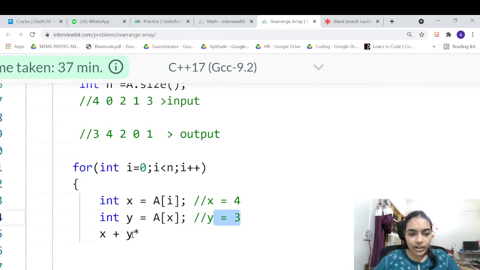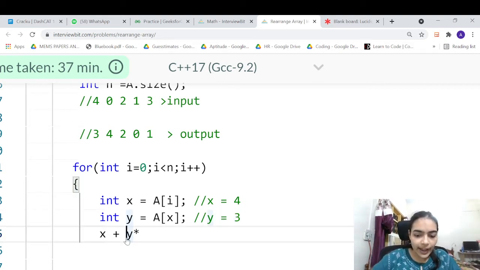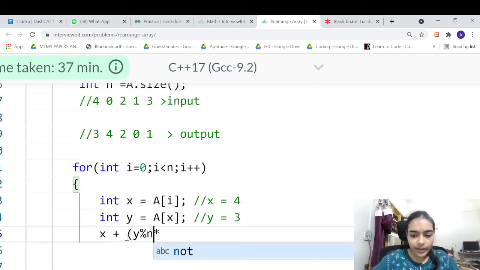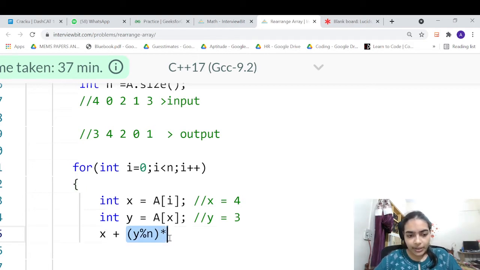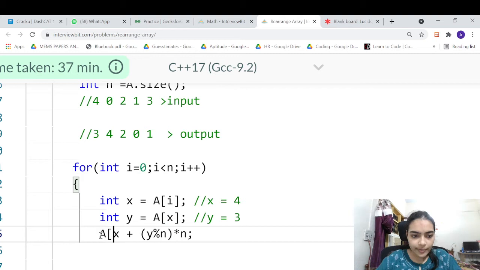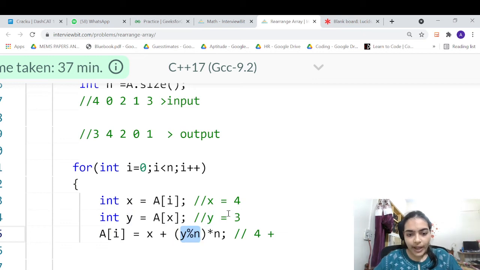But we are not simply adding y. We will take y and take mod with n, and then multiply it with our n, and we will store the value in a of i. So what are we doing? We are taking 4. So y mod n. What is y mod n?